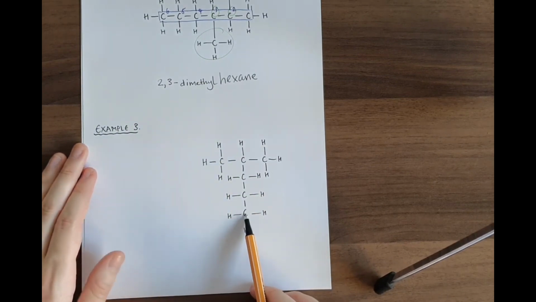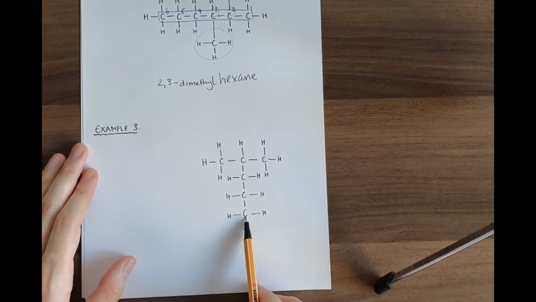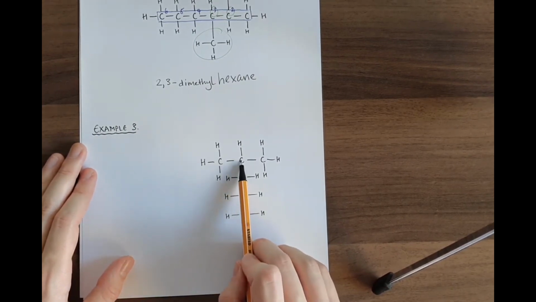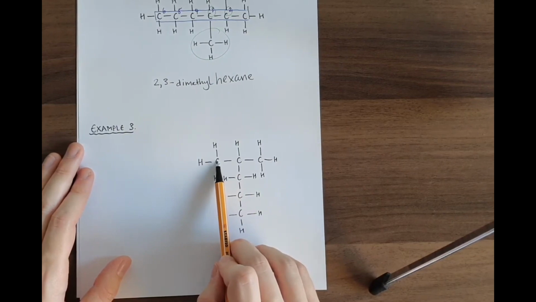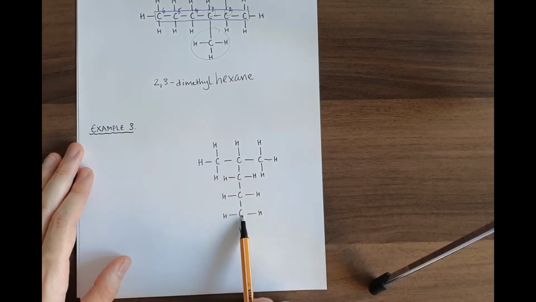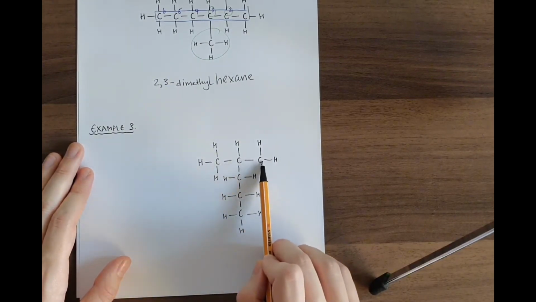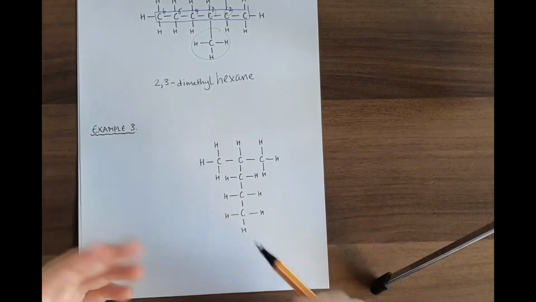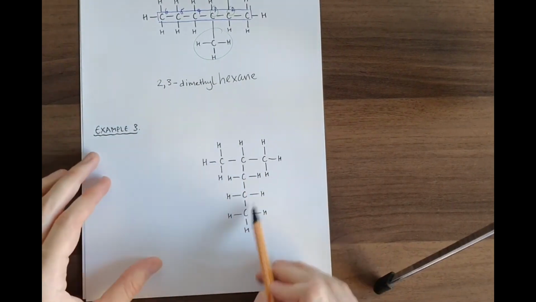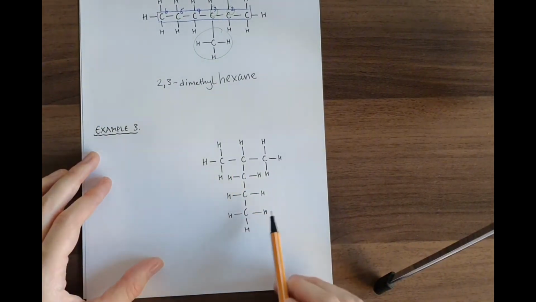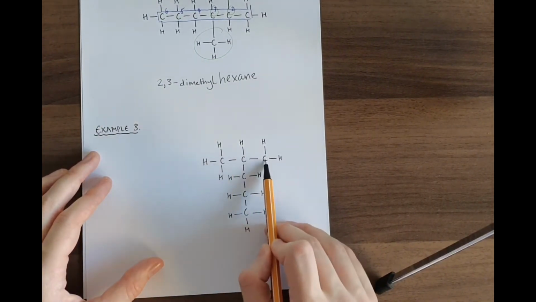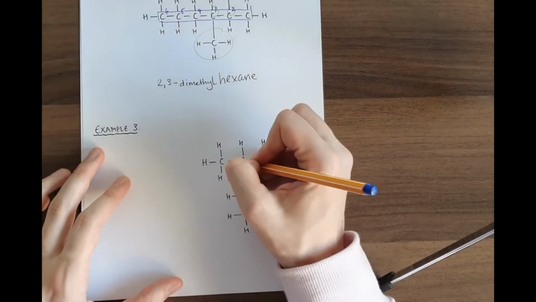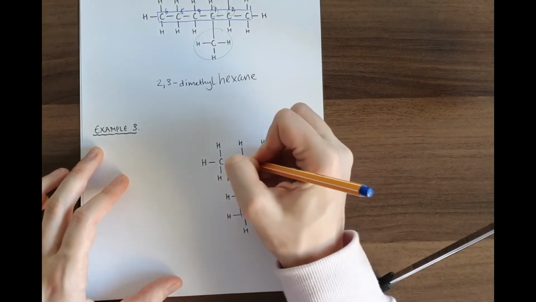Okay, but that's not quite the longest chain because once we get from the bottom to the top, we can then add on an extra carbon. Right, these are all in one line, and these are all in one line. So it's just a matter of choosing which direction I want to go. It doesn't matter because either way I go, I'm going to have 1, 2, 3, 4, 5 carbons. So it's up to you. In this case, let's go to the right. So I'm going to draw a box